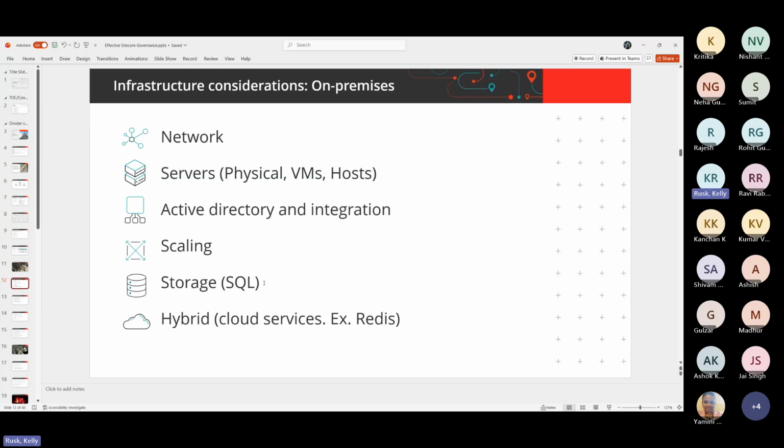Maybe you have cloud services. Maybe you're on premises with a lot of your Sitecore, but you use Redis in Azure. So your policy would state we have a hybrid environment, and our standard would be, here are the different parts of that environment and how and who can access that.